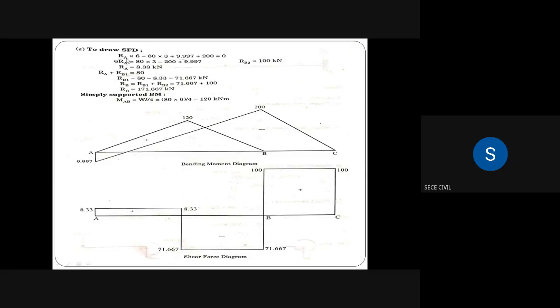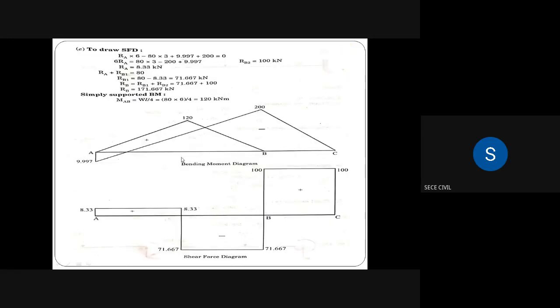After that, for the shear force diagram calculation, we have to take moment about point B. Consider span AB alone, and take moment about point B. What are the forces which give moment at point B? Because of RA, we'll get a moment at point B. Similarly, because of the 80 kilonewton load, we'll get a moment at point B. In this case the section is on the right side, so we have to consider the forces on the left side. Clockwise means positive and anticlockwise means negative for this case.